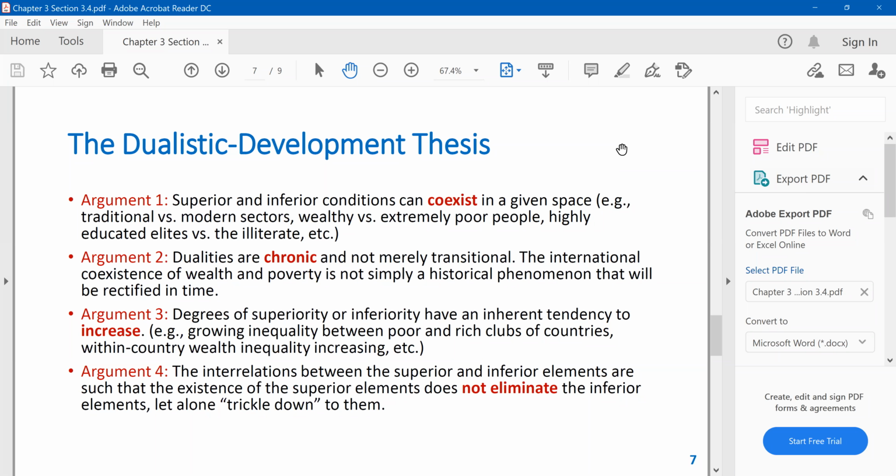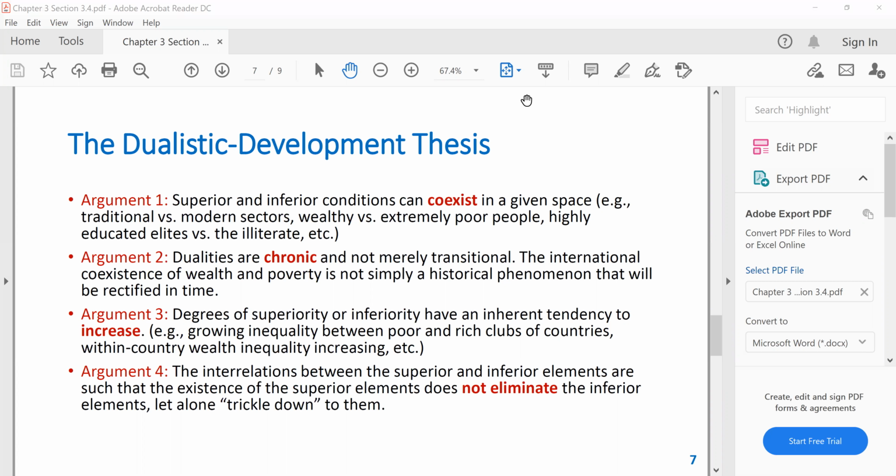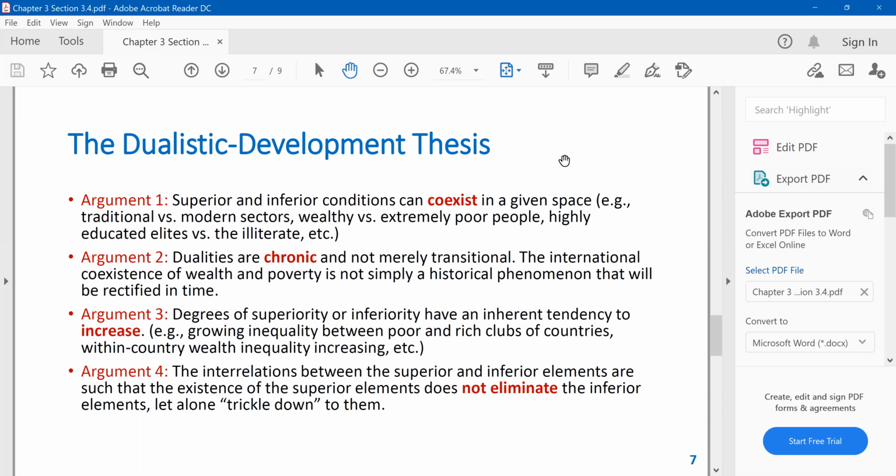as you see, the arguments are recursive. First, you have this coexistence of dualities. Then you have them being chronic dualities, not easily changing in time when you leave the market be. And then, of course, you're going to observe increasing underdevelopment outcomes, higher inequalities, etc. Right? And finally,